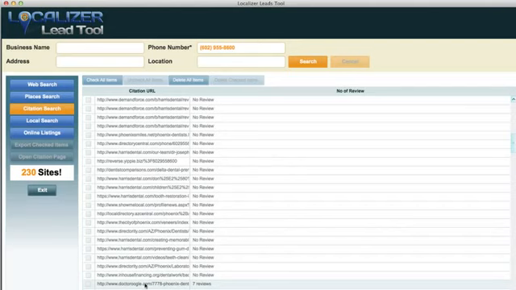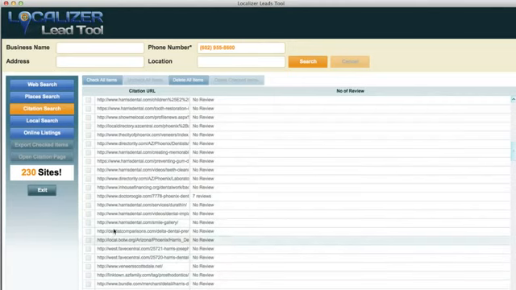Dr. Oogle, which is a dentist one, they've got 7 reviews on Dr. Oogle alone. AZ Family. So I can go through and export these and sort each and every one of these sites and go and see what these ratings and reviews are saying for this business based off of their citation search, which is really cool, that now all you have to do is just have their phone number. I would actually recommend typing in their business name, phone number, address and location to see where their full citation NAP has been listed, their name, address, and phone number. But this is a quick and easy way if you just want to do it off of a phone number